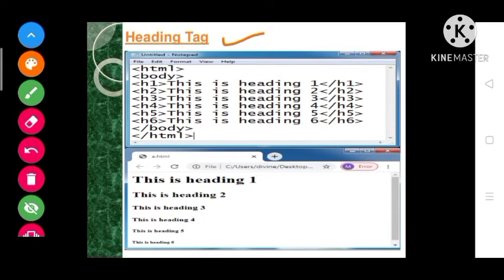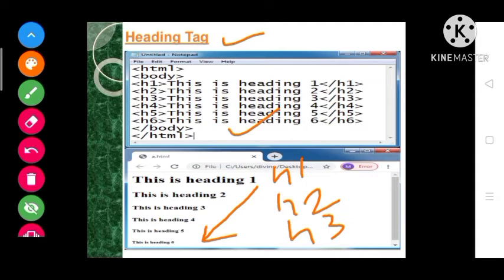There are 6 types of heading: H1, H2, H3, H4, H5 and H6. From H1 to H6, as the number increases, the size and width decrease. You can see in the code and in the output also.